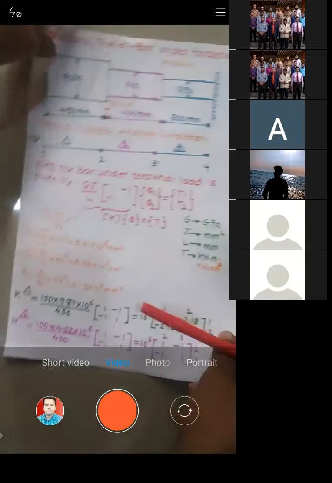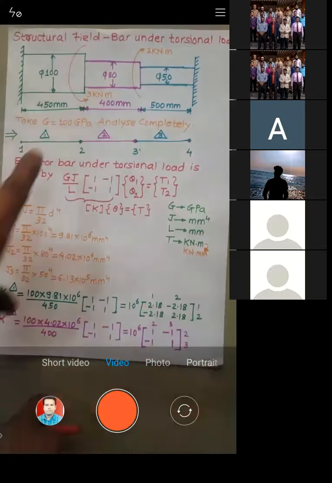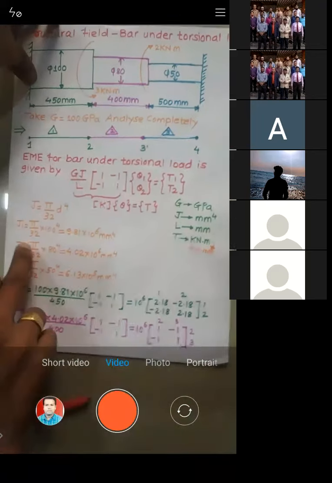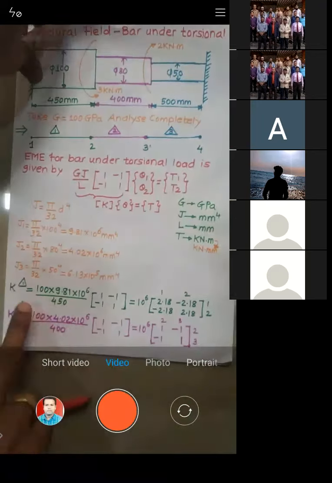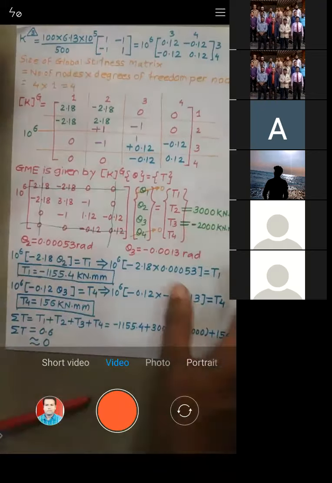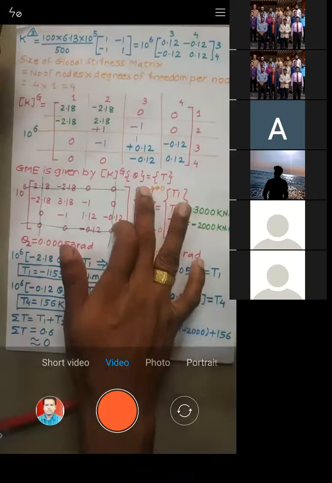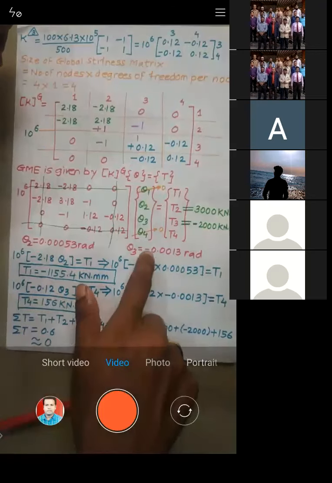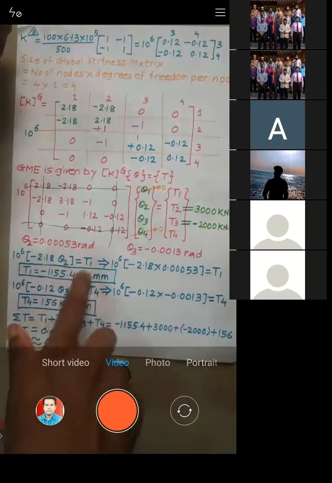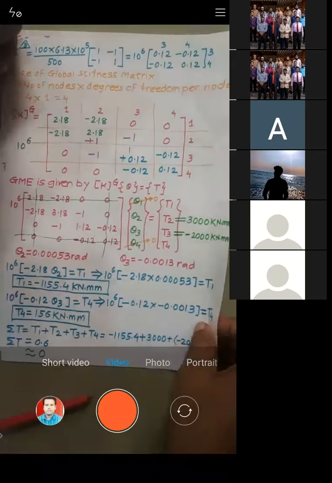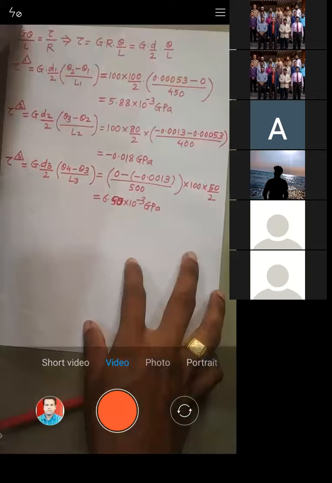So this was a problem which is given. We have initially discretized it and applied the EME. For EME, we required polar moment of inertia that we have calculated. Then we calculated element stiffness matrices for every element, then we got the global stiffness matrix. Once we have the global stiffness matrix, we impose a boundary condition. We have calculated the reactions, and once we have the reactions, we check with the condition of equilibrium, and further we have calculated the value of stresses.